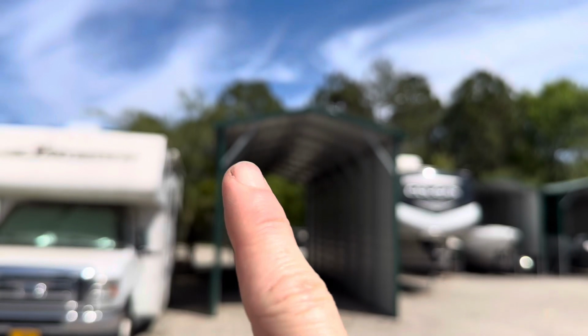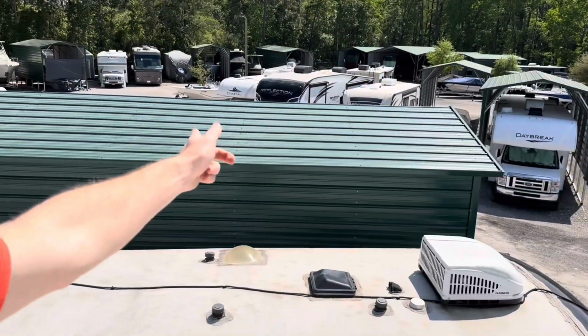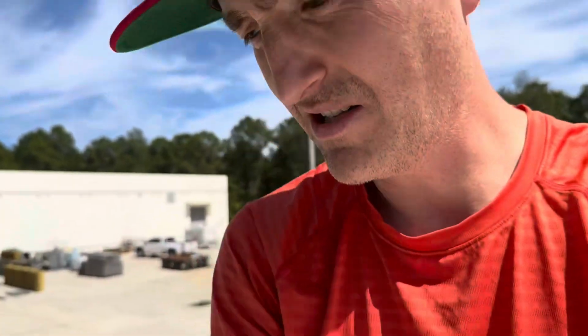I'm up here on the top of the RV at the storage facility outside of St. Augustine because we're dropping it off while we spend a week in a house at the beach with our family. But sadly, as I was backing the RV into the spot, it was a covered spot, and the covered spot was a little bit shorter than the top of our RV, so I accidentally kissed one of the cross members of the covered spot. You can see these covered spots around here behind me, these green buildings. There's one over there, there's one right there. But I kissed one of the cross members, and so consequently I've had to spend the last little bit putting on that patch